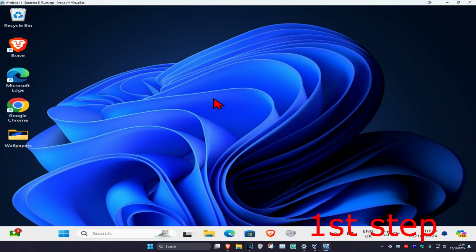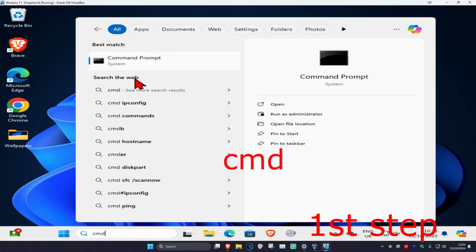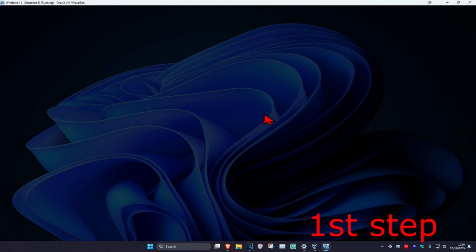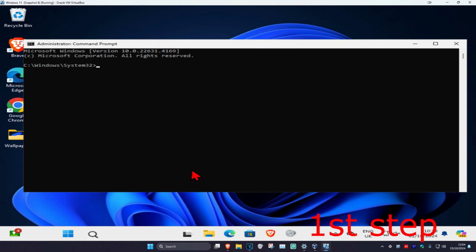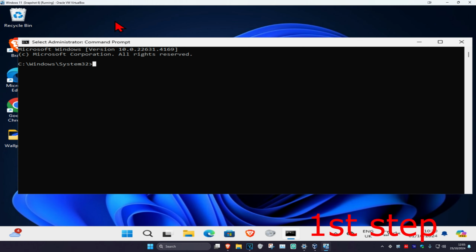So guys, for the first step, you want to head over to search and type in CMD. Then you want to run it as administrator. And then click on yes. And then once you run this, we're going to type in ipconfig